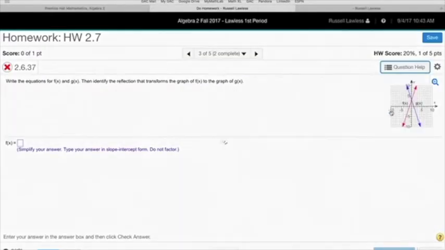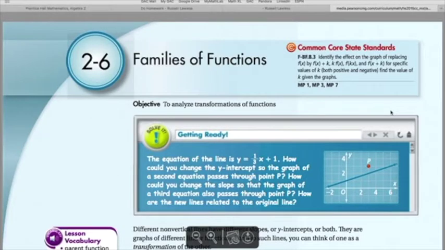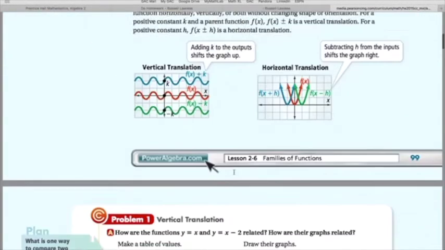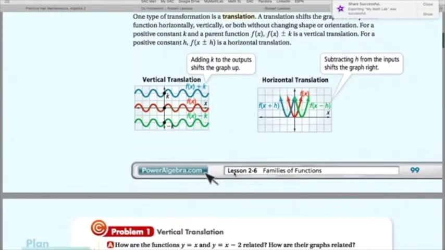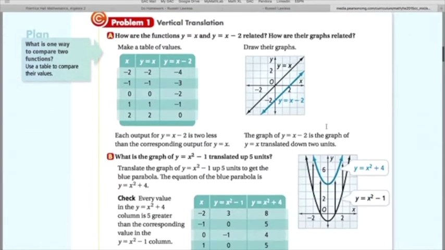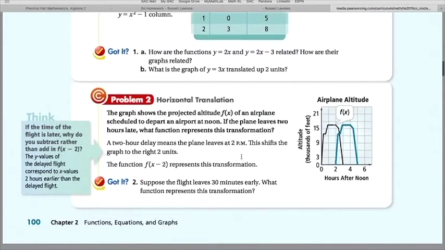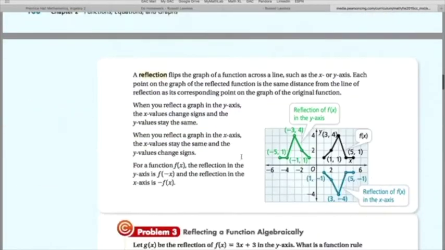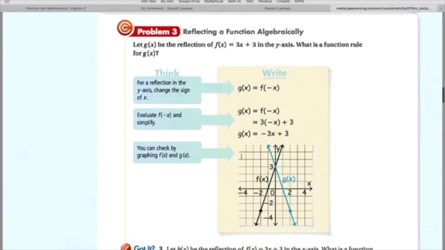Well, the last one we have here is our textbook. This is the online textbook that we use with Common Core curriculum, with the Common Core standards that's used statewide. And this is just kind of ways where you can look at it and say, oh man, this is very helpful. It's showing me how to do vertical translations. It's showing me how to do horizontal translations and reflecting a function over the